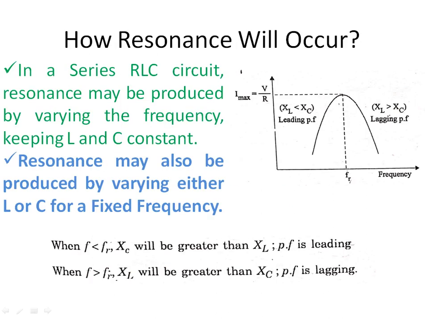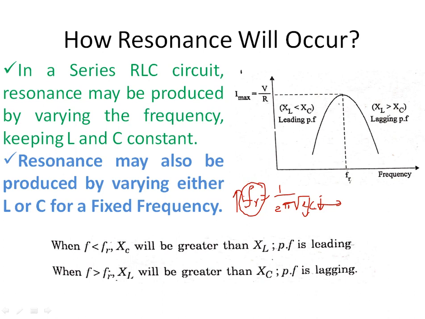So next, how will resonance occur? What is the formula? Fr is equal to 1 by 2 pi root LC. So you should keep Fr as constant. Don't disturb this. You should only modify the capacitance as well as inductance values. If you choose a very low C as well as very low L value, then you get a higher frequency, right? Similarly, if you do not disturb L and C, keep L and C constant, and you should only concentrate on changing the resonant frequency.